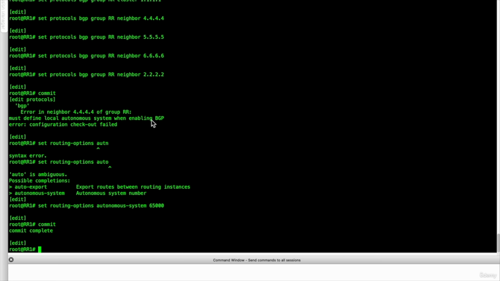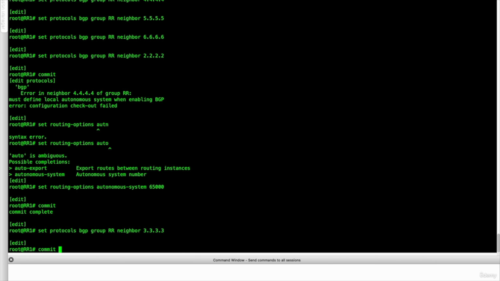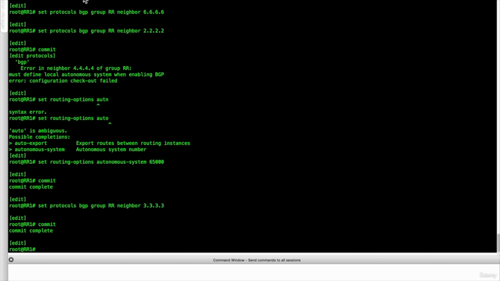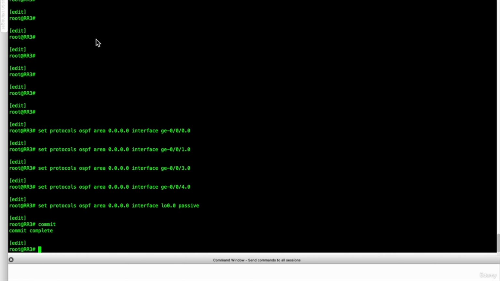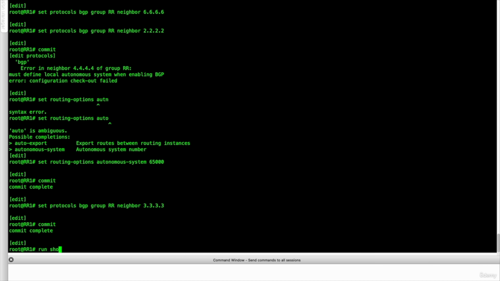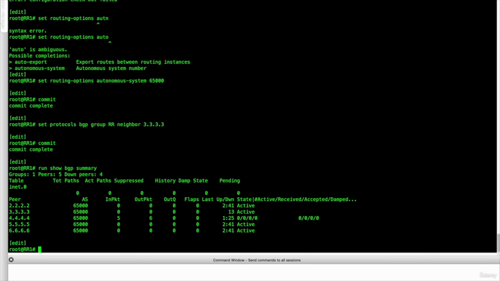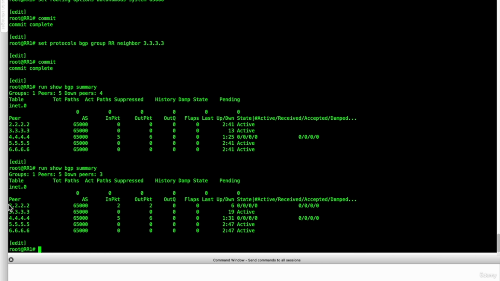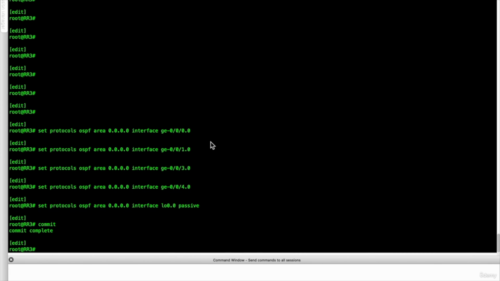Let me go back here and let me add also RR3. Okay, let's check the BGP neighbors here, and it is paired with R4 and now with RR2. Okay, so on RR3,